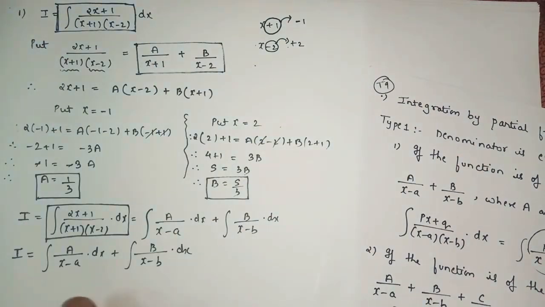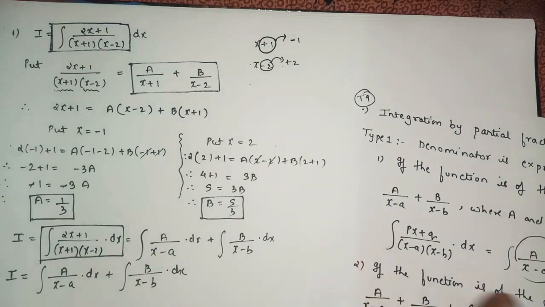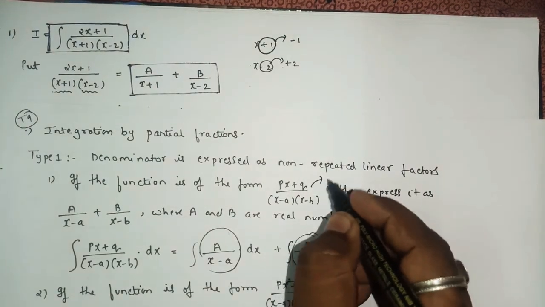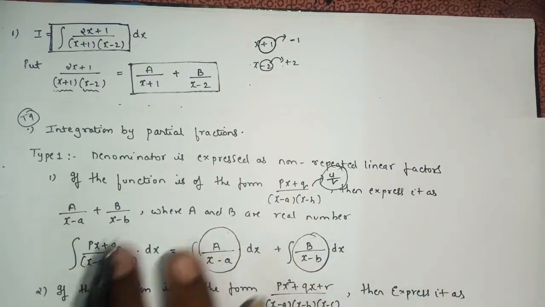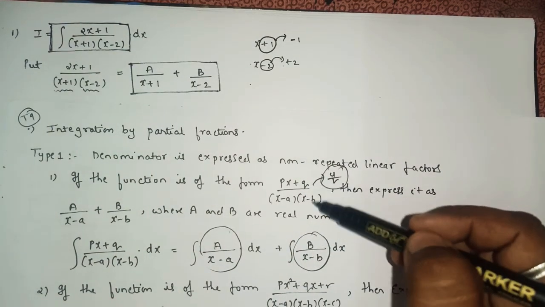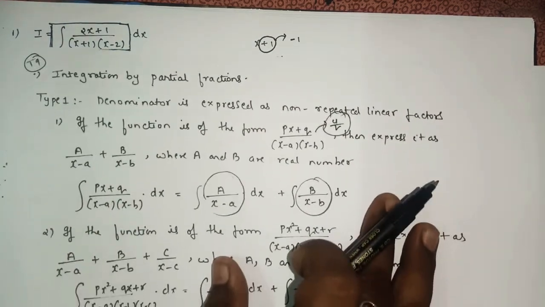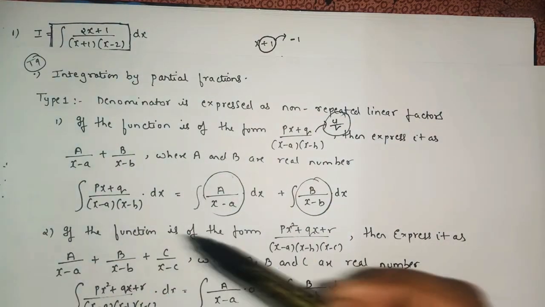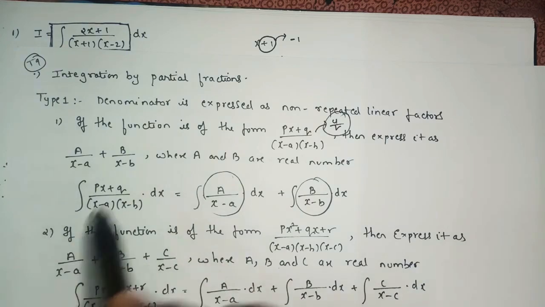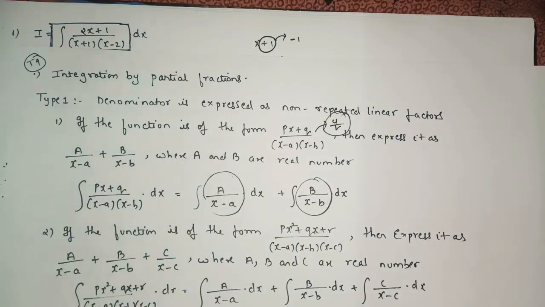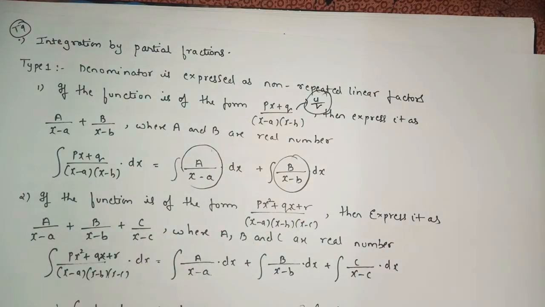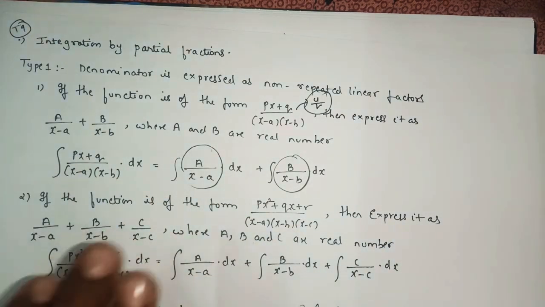So why do we do all this? Because we know that in integration we don't have a formula for u by v, so we have to arrange that division in such a way that we can solve the integral further. So this is the method in which you can express the term in this form, where you can integrate this section further. So this is a method actually which you have to remember.